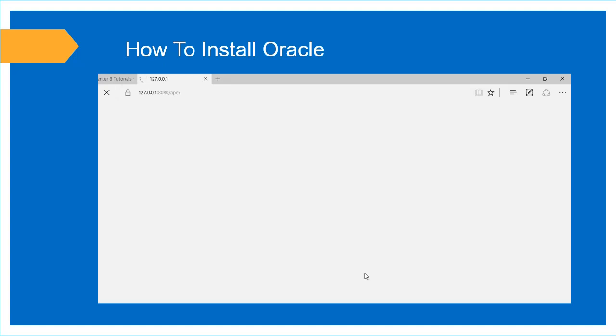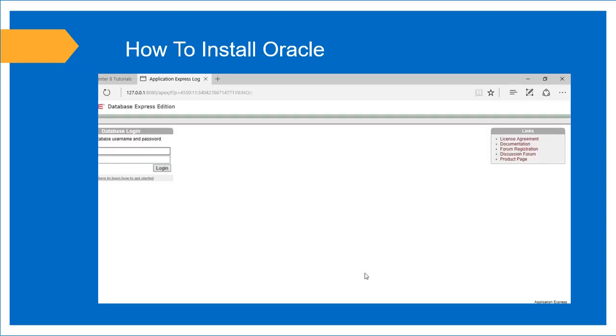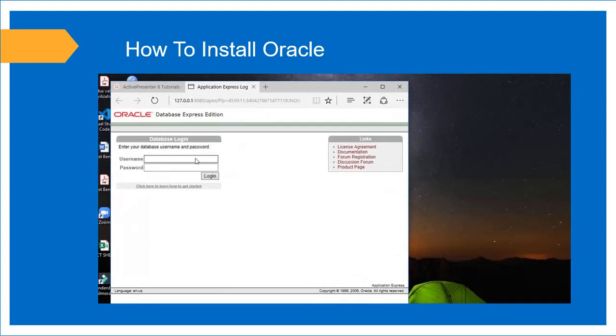It will open a web page of Oracle, that is an offline web page. Now here put your username as system. It is the default username, and the password that we have given during the installation, that is system. Then login.